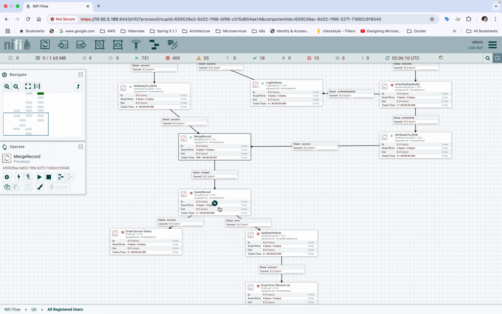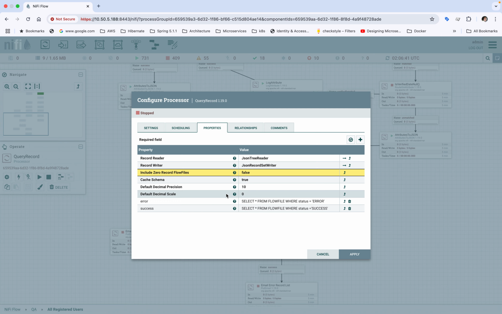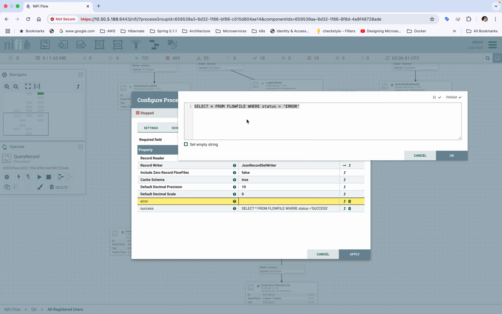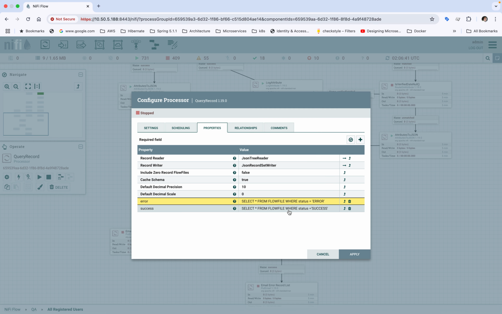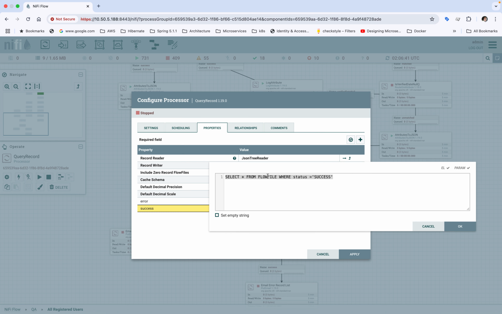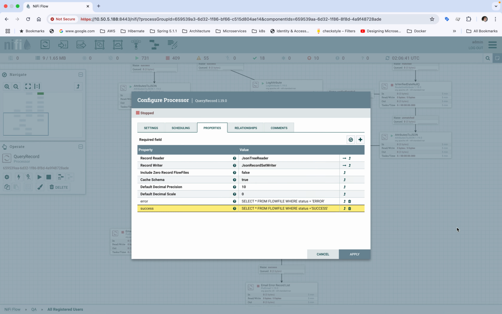Then here I'm using the QueryRecord processor, where I have written two queries, one for error and one for success. For the error, I'm querying error records separately: select step from flowfile where status equals error, and success records separately: select step from flowfile where status is success. So success and error records are queried